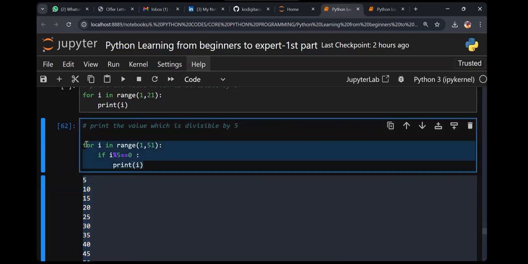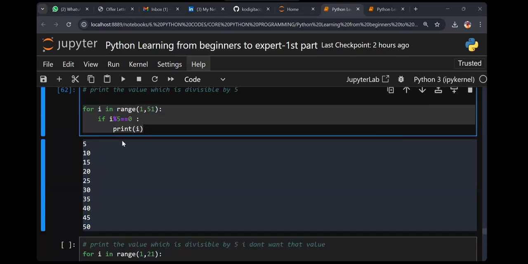Simple code, very big implementations. If I ask for the 3 table, can you do it now? The same code. Let's say 5 mod 5, remainder 0, then only print. 10 mod 5 equals 0, yes, then only print.